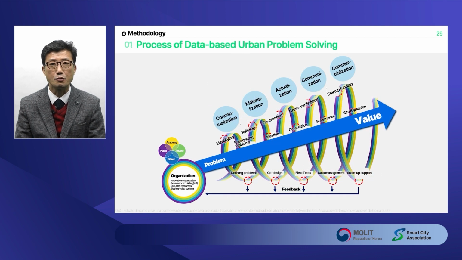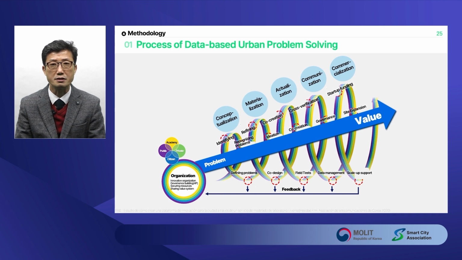Lastly, I will explain how to operate Data Living Lab based on citizen participation. This figure explains the process of Living Lab operation. First, they form an organization consisting of the academy, the private, the public, and the citizen, and set shared goals and visions together. The process is like this: